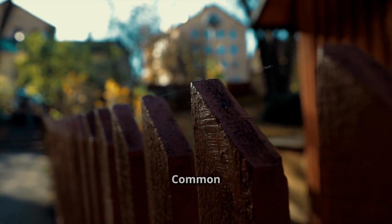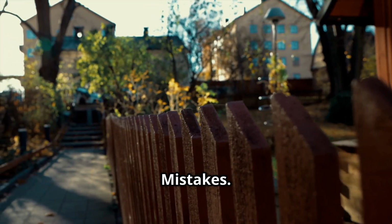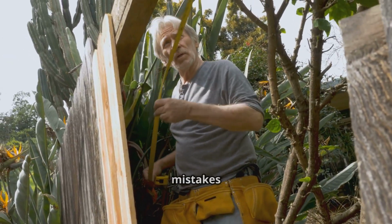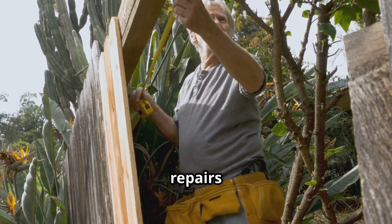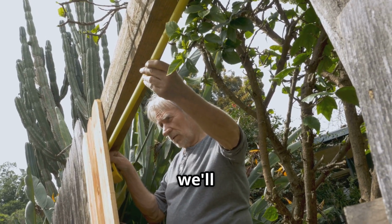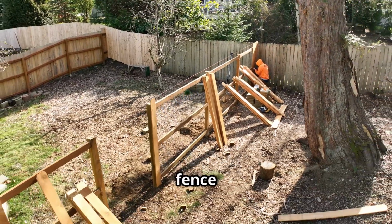Section 7. Common pitfalls. Avoiding fence building mistakes. Building a fence can be a rewarding project, but it's important to avoid common mistakes that can lead to costly repairs or even complete failure of the structure. In this section, we'll cover some of the most frequent errors people make when constructing a fence and how to